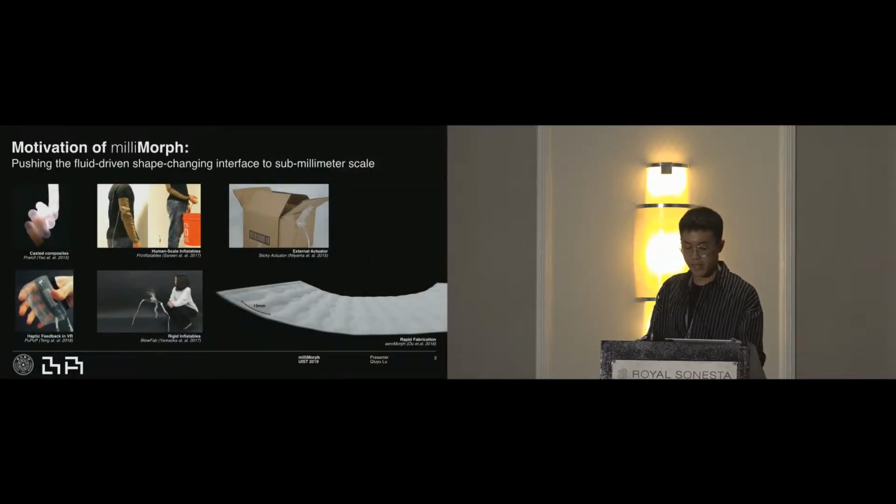Now let us look back at the fluid-driven shape-changing interface for HCI. There were shape-changing soft composites made through molding and casting process, and later rapid fabrication through heat sealing was proposed. Utilizing such rapid fabrication methods, directions like furniture scale or rigid inflatables, or hand scale or human scale inflatables for haptic feedback were investigated. While all these projects are focused on inflatable structures that are at centimeter to meter scale,